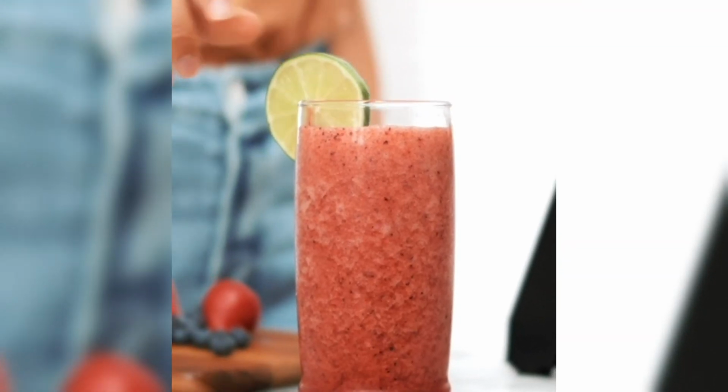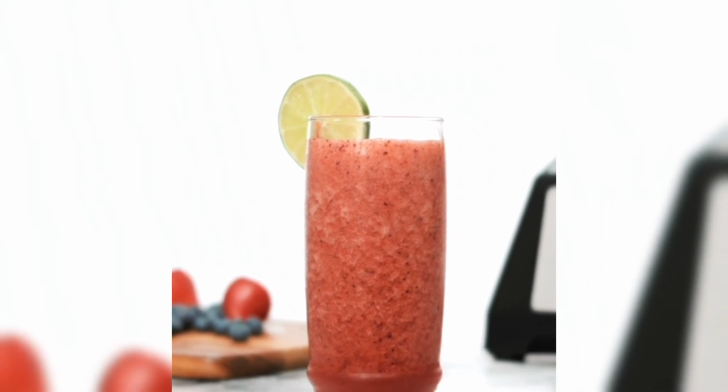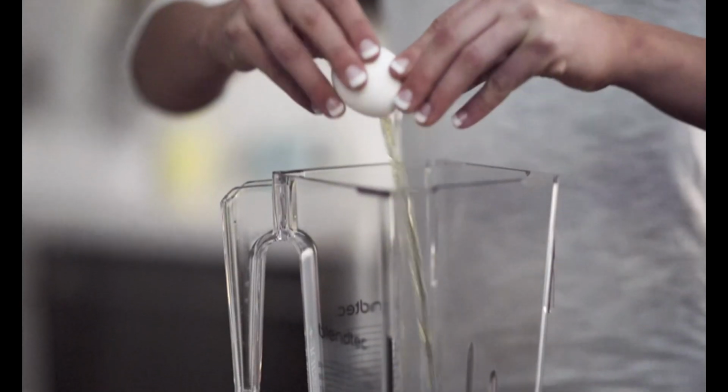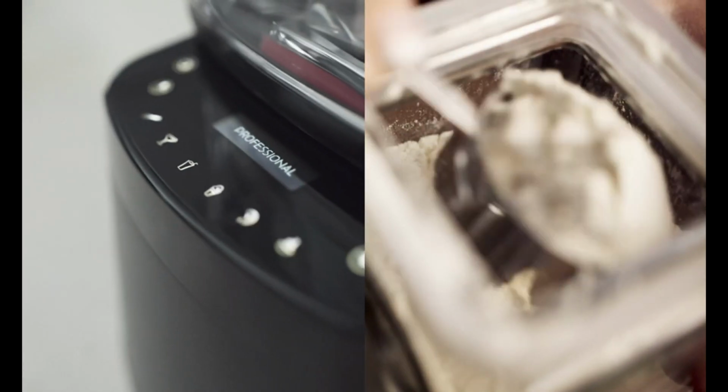Illuminated by an intuitive capacitive touch interface, navigating through blending tasks has never been easier or more stylish. Cleaning is a breeze with this blender's user-friendly design. Simply add hot water and a dash of dish soap to the jar, then blend for several seconds to effortlessly clean away residue. A quick wipe down with a damp cloth completes the process, leaving your machine pristine and ready